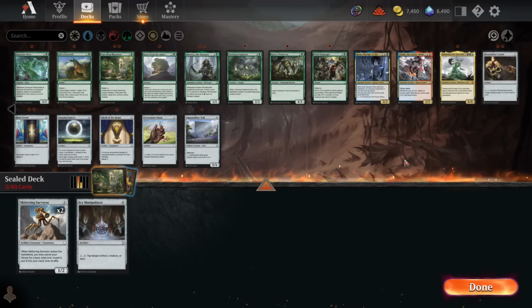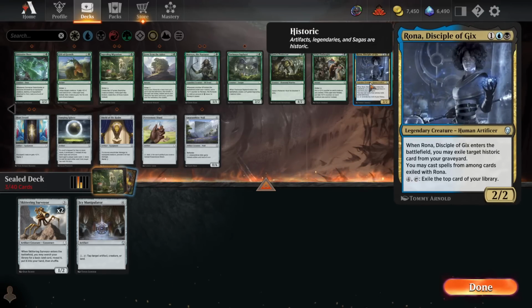And looking at our uncommons, now we have Rona, Disciple of Gix. Rona's a pretty good card here, nice value play. 3 mana for a 2/2. When Rona enters the battlefield, you can exile a historic card from your graveyard, so an artifact, legendary, or saga, and you can cast spells that are exiled with Rona. So if we have a Skittering Surveyor in our graveyard, if we have a saga that's already popped off in our graveyard,